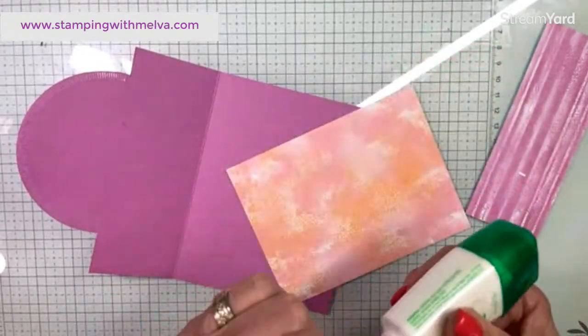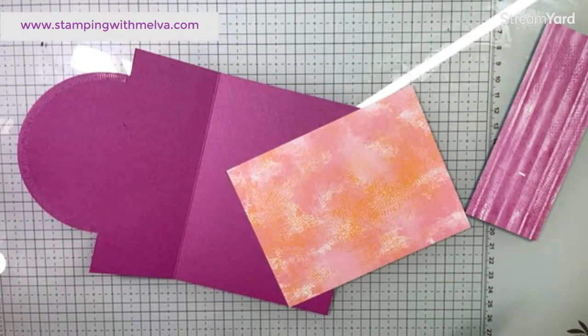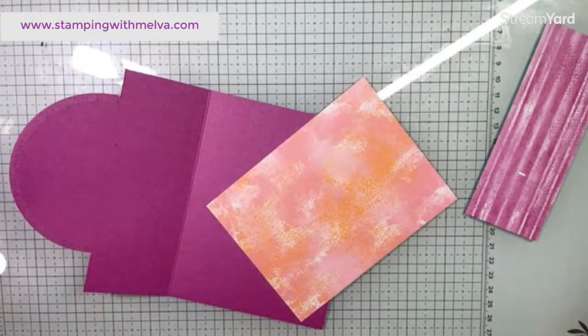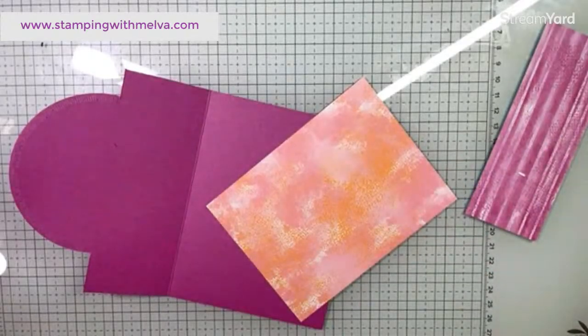Oopsie, come on. I've got a clog in my glue. Let's see if I can get it out. I'm trying to be very careful about putting the lid back on my glue right away, but tonight it's not going to work. Let's grab another glue, because if you leave your glue open, like I often do, you end up with...